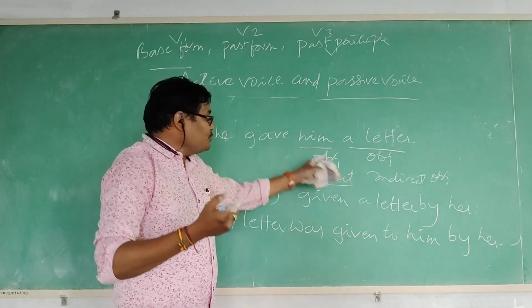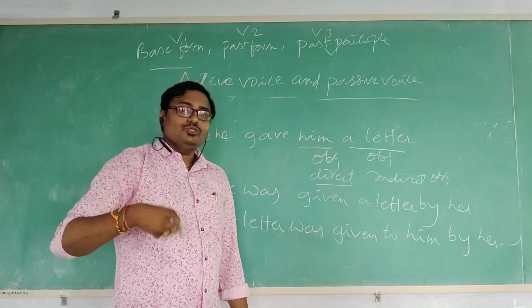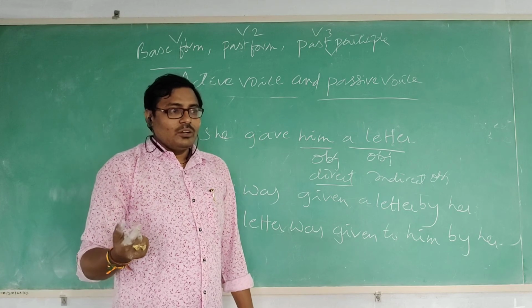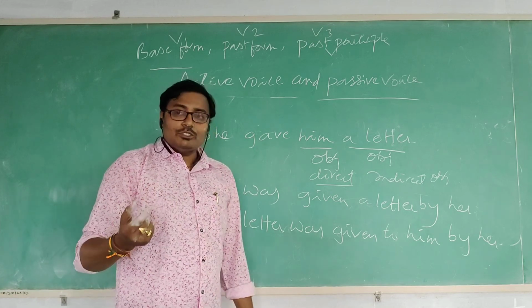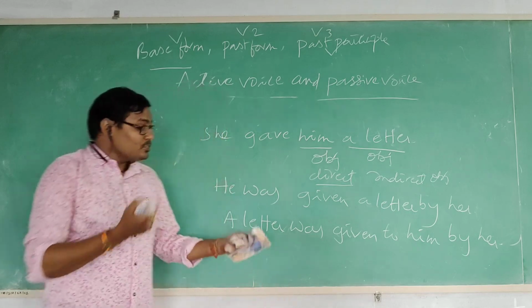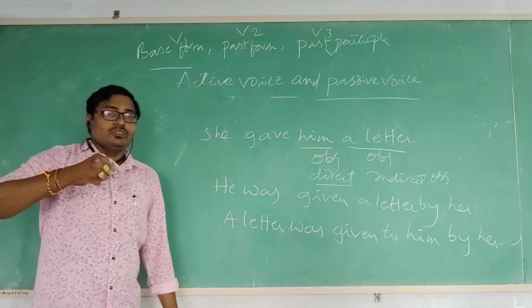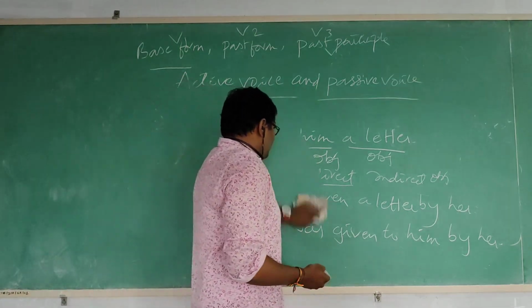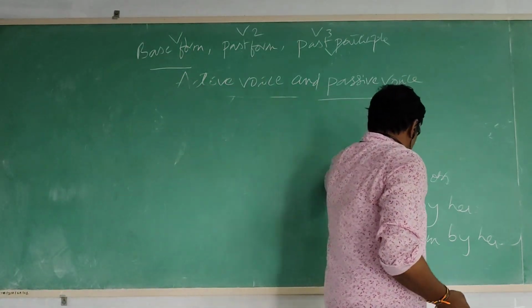Instead of using by, we can use to. She was married to me. She was married to me. Here, instead of using by, we can use to. And the final thing is